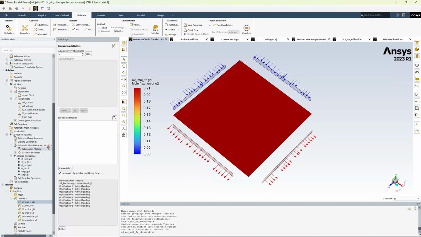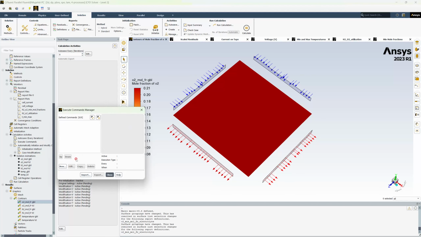Now we have the solution animations, but it is better to make an execute command so we can see the difference. What will be the difference between what we make from an execute command and from the solution animation? So let's make a copy of the temperature for local and global conditions. So we'll have a create/edit, and here we need to again make the macro. So let's make a macro and name it